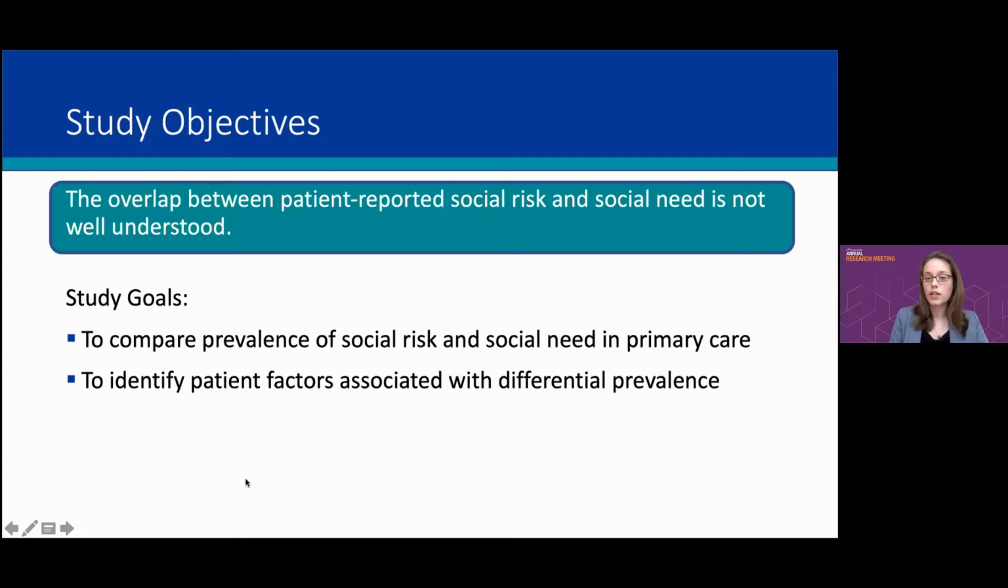So although we are screening for both social risk and social need, the overlap between patient-reported social risk and social need is not well understood. So in this survey, we wanted to compare the prevalence of social risk and social need in primary care in this Medicaid ACO population, and then to identify patient factors that were associated with differential prevalence of social risk and